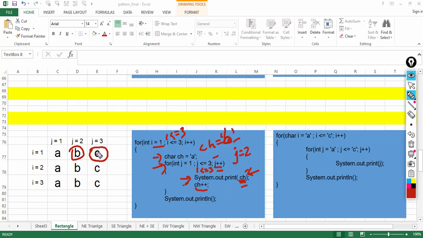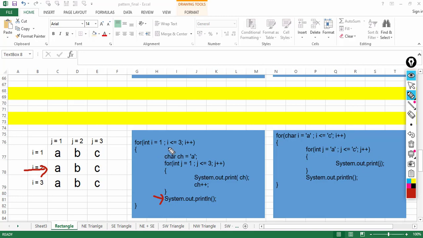Now control comes here, new line is printed, so the cursor goes to the next line, and then the control goes to the update part of the outer loop. I becomes 2, so 2 less than equal to 3, control comes inside. See, now the value of CH was C, but this line will reset it to A, and that is what we want, isn't it?